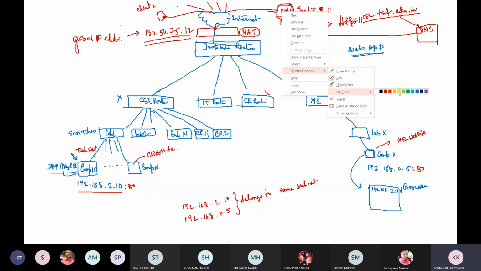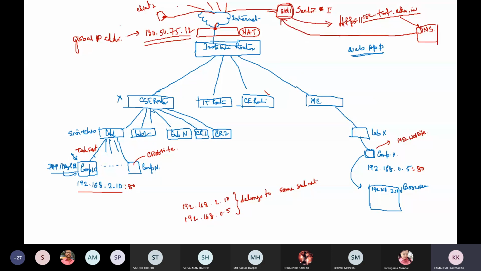I will change this color to understand it. Now after forming this packet, it can be routed over the network. A connection will be established between the global router, where the global IP is assigned in our institute, and your client machine. When this connection is being established, in the background we have lots of routing protocols you have learned. In this way the connection is established. Now, after establishing this connection, what happens next?